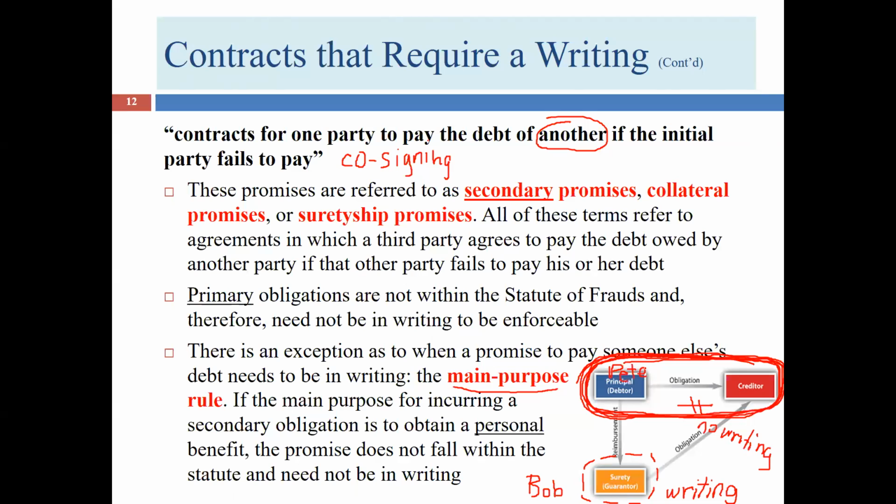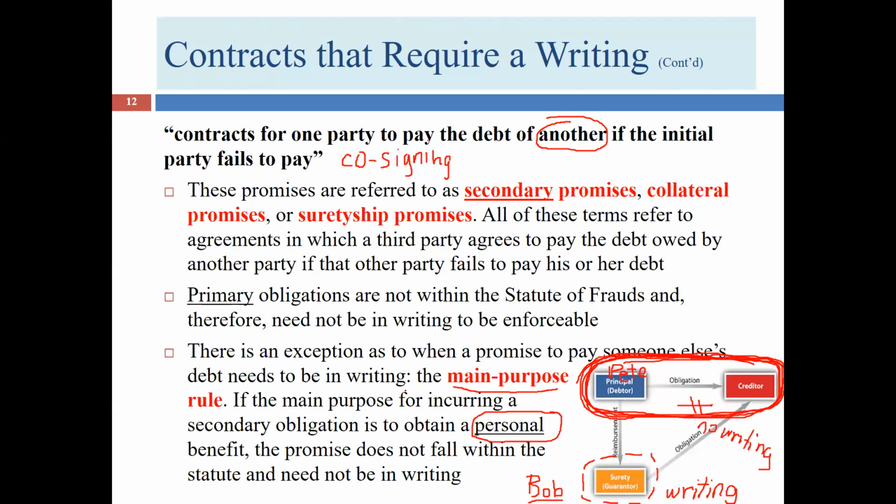Bob's like, yes, that is what we need to do, because I won't be able to perform in front of a crowd if I don't have you chauffeuring me around. Well, in this case, Bob isn't agreeing to co-sign Pete's loan because Bob is a super nice guy. He's doing it because it advances his goal. Maybe he's got stage fright, and knowing that Pete's driving him is going to help him not be so fearful getting on the stage. So Bob is getting a personal benefit from the transaction, and therefore the main purpose rule